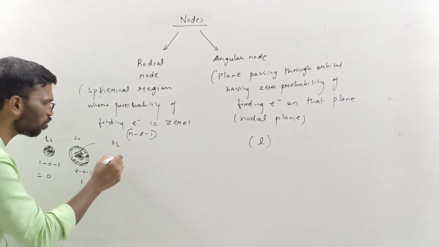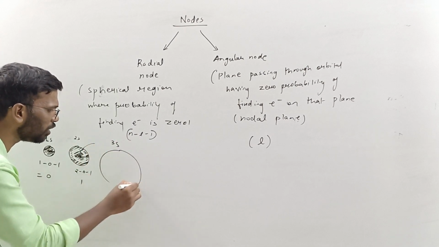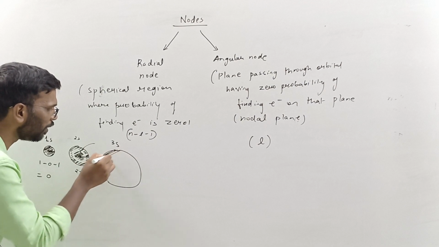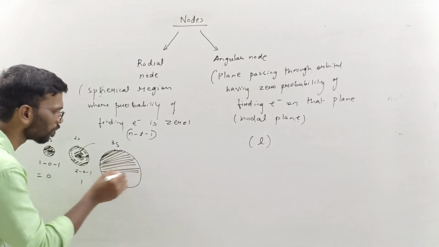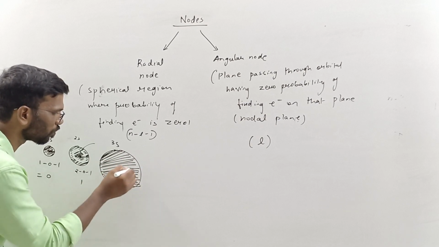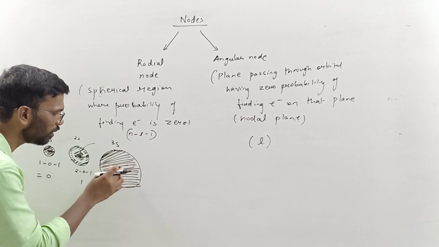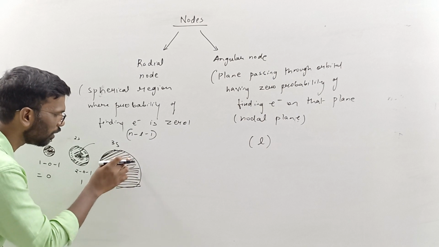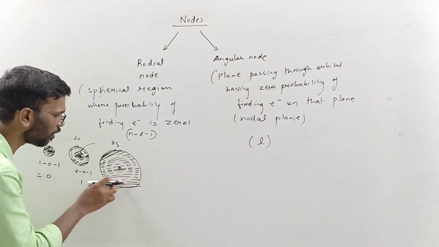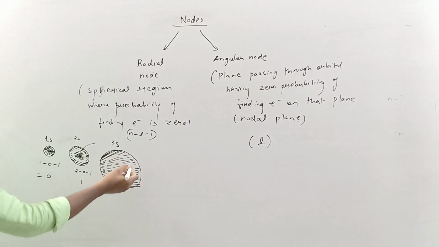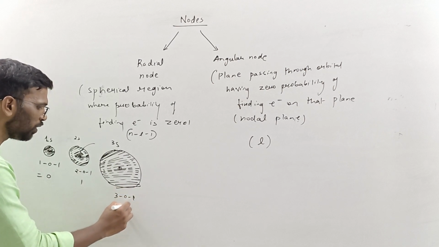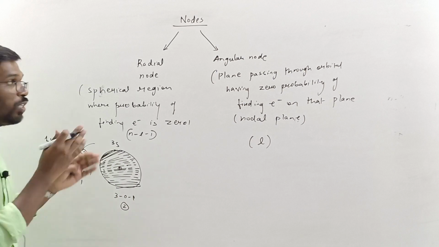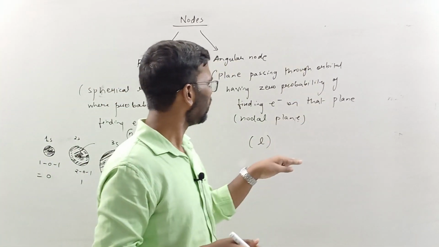In the same way, the 3s orbital is still bigger, and it is this way. Okay, this is the nucleus. There will be one nodal region, then there will be a second nodal region. This is a rough idea about what a node is. There are two nodes. So here 3 minus 0 minus 1, right? Which is equal to 2 nodes, radial nodes. Let's discuss this later.